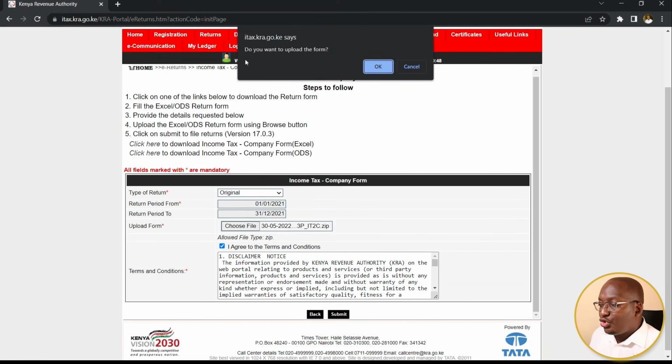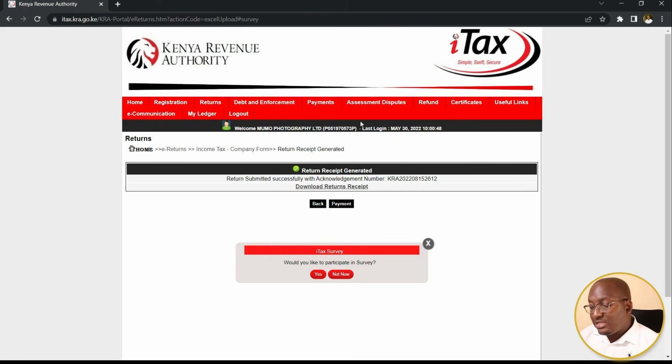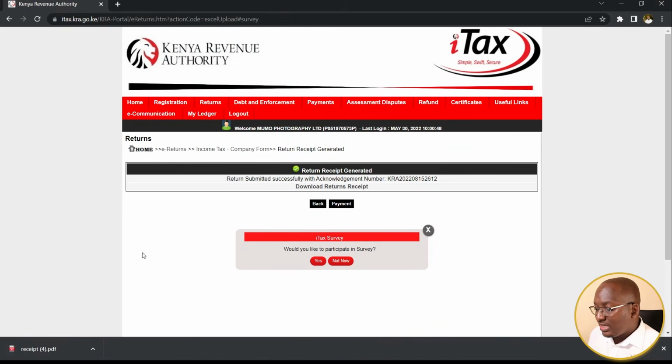It will ask, do you want to upload the form? Click on OK. Once this is done, it brings this particular screen which says the return receipt has been generated, and then we can click on download returns receipt,